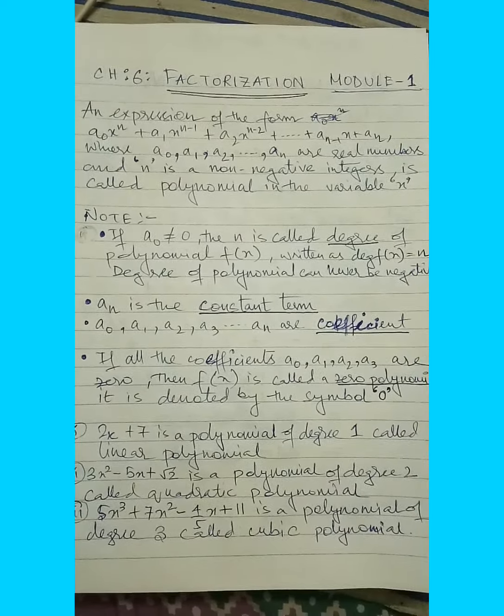Now in place of x I put the value minus 1 by 3. Then what is coming? 3 times minus 1 by 3 whole cube plus what is written over here. Minus 1 by 3 whole cube means minus 1 by 27, and plus 5 by 9. It will not be minus, since it is squared, it will be plus. Now plus 11 by 3, and after calculating it comes to 1 by 9. That means if you divide this polynomial by this number, we get a remainder of 1 by 9. This is what is termed the remainder theorem.